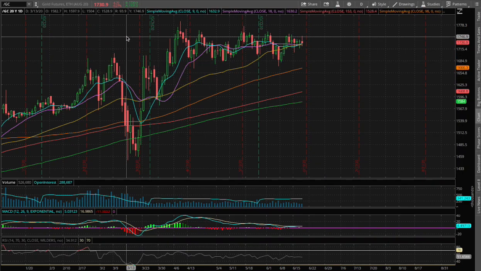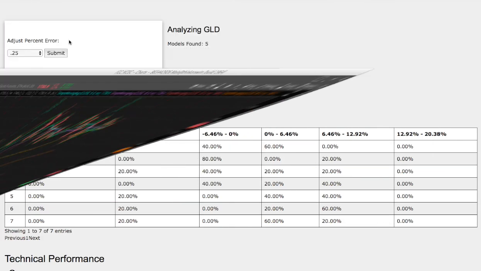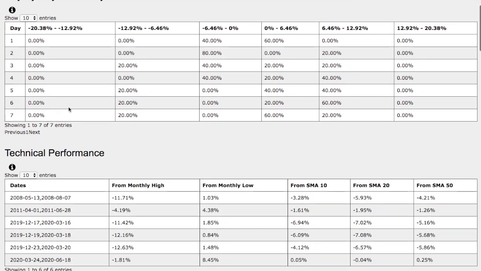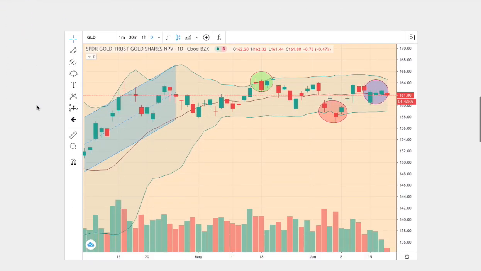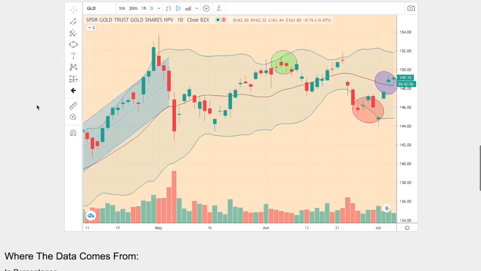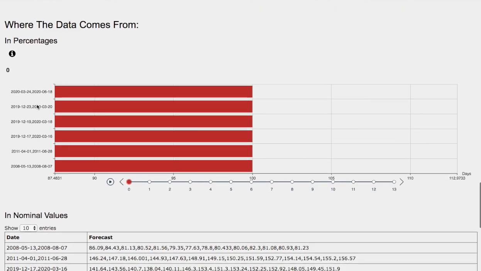Hello viewers, we'll be going over gold and silver futures. In this video, we'll be using the day-by-day probability model, the technical performance of each model, how we find the models, comparing the current trend with the trend in the past, and we'll go over the day-by-day forecast for gold